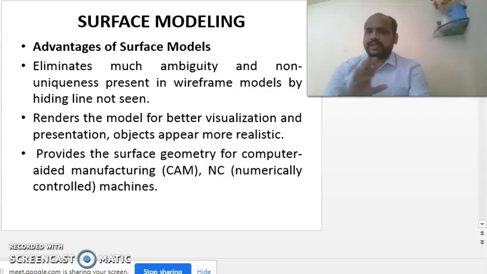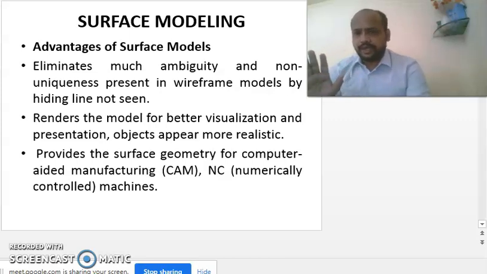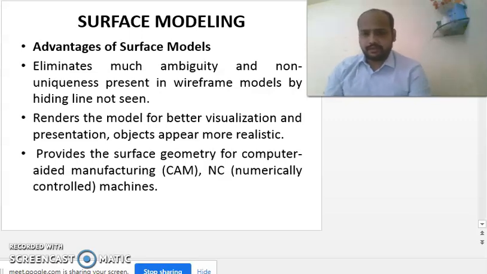Rather, I will say it cannot be used for any kind of finite element analysis. Please understand this.